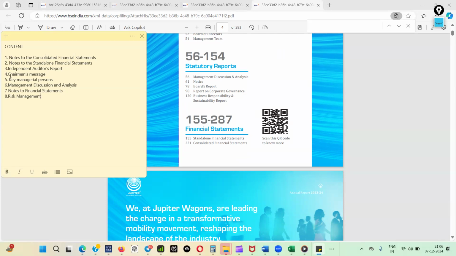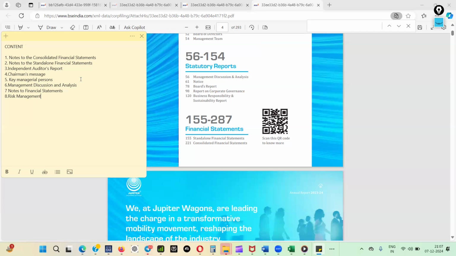But the important part is the management discussion and analysis and the chairman's message. Start with this at least, and notes to the financial statements, to see whether any contingent liability is there or not. What is a contingent liability? Say you have not paid on some past dispute, and some outcome may come from the GST department, the income tax department, or the customs department, and may dent your profit if they penalize you for non-payment or non-compliance.